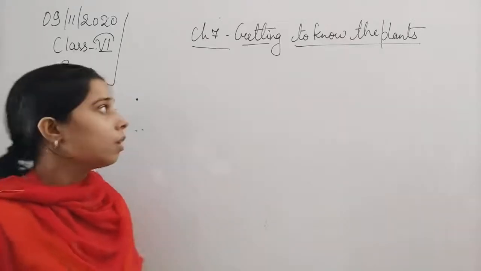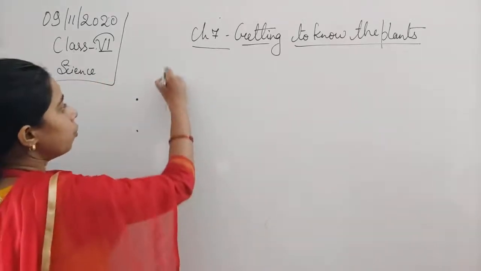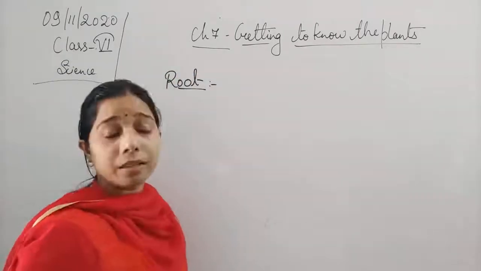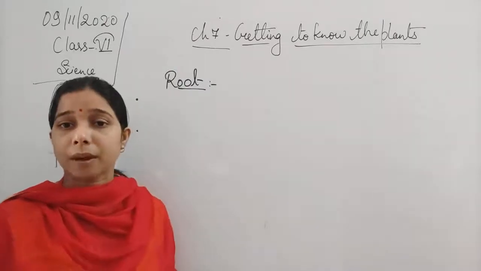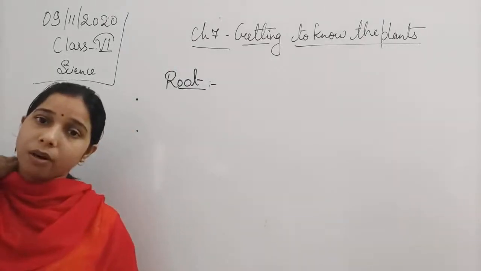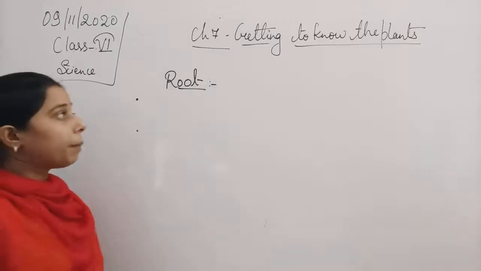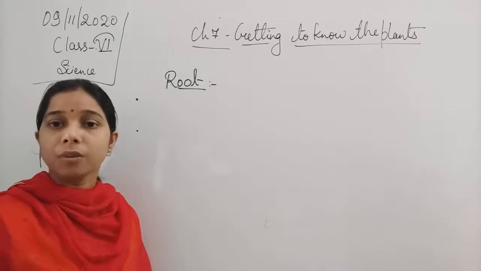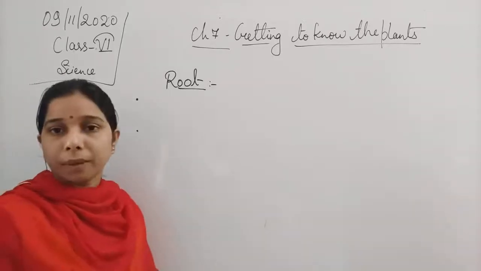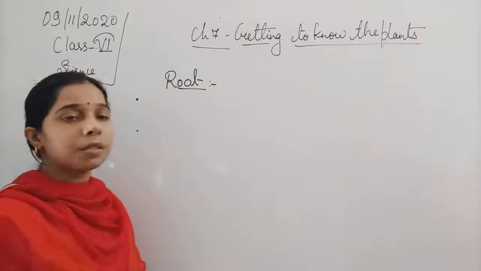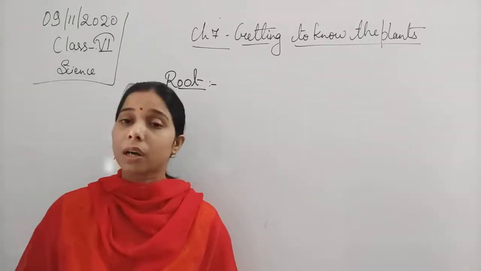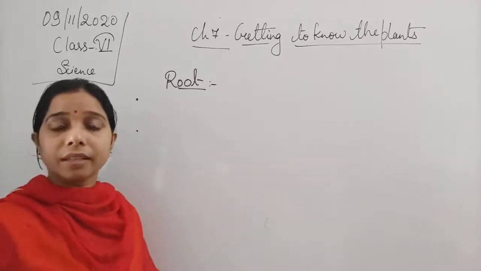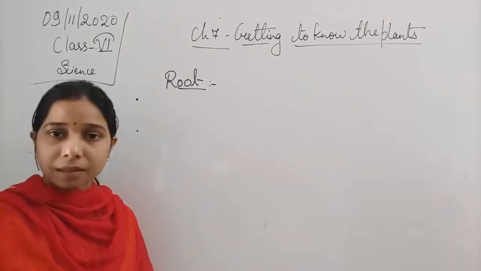Okay. So we started with the roots and understood what a root is. The root of the plant is that part of the plant which is present under the ground, or under the soil. The part of the plant which is present inside the soil, inside the ground, is known as the root of the plant. Now, how is the root important for the plant, students? There are a lot of functions performed by the root, which make it a very essential part of plants.